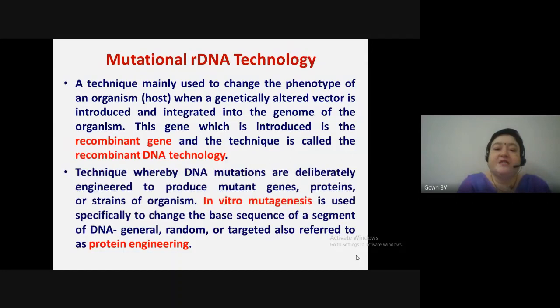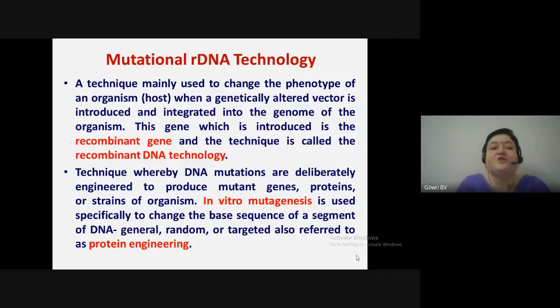Now, what is in vitro mutagenesis? So the word in vitro is away from the body, in vivo is within the body. So mutation brought out in a laboratory condition is in vitro mutagenesis. More simplified, any mutation carried out away from an organism, host organism, in the laboratory condition, you call it as in vitro